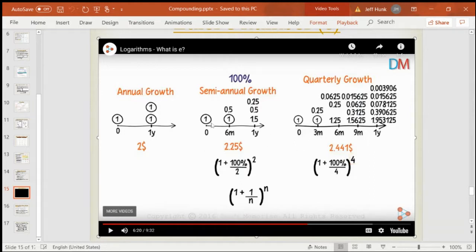At first, the 1 year was split into half years, right? And then in the next, the 1 year is split into 4 quarters. And as we continue to do this, let's say 1 year is 365 days, right? And then 24 hours times 365 will express 1 year in hours. Times 60, that times 60 will express 1 year in minutes. And that times 60 will again express 1 year in